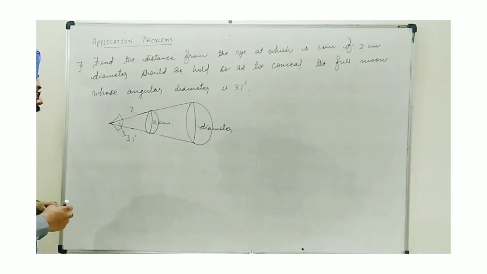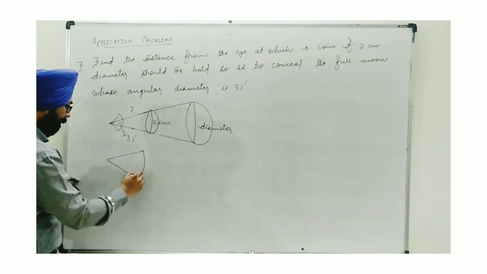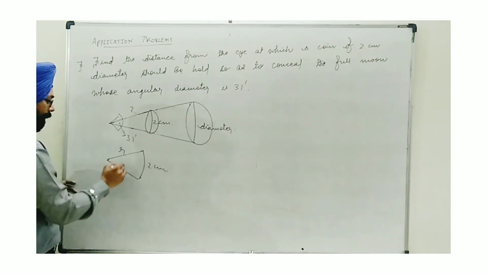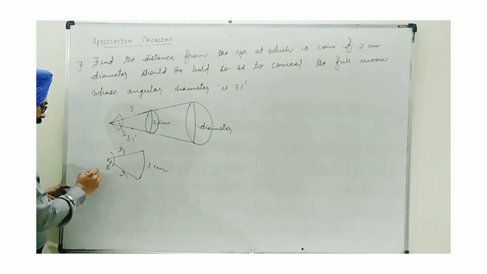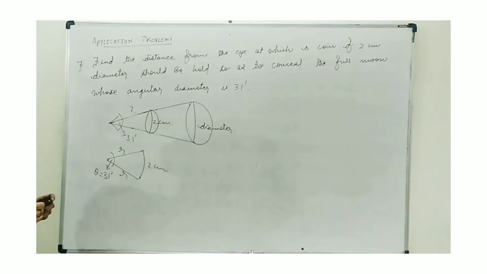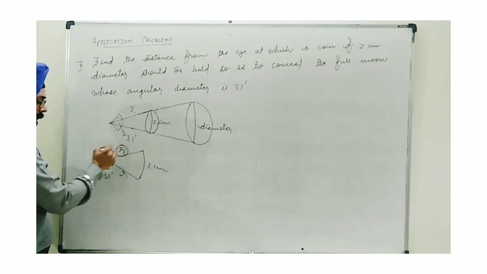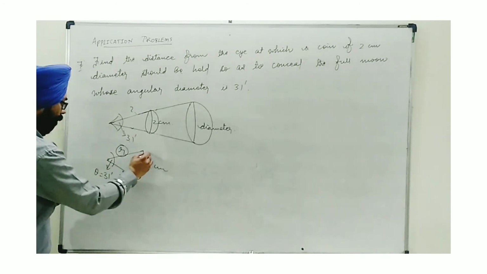This was the interpretation. So for this moment, what we are given, if I draw this separately, if I consider this to be the diameter, it is 2 centimeter. This distance we need, obviously in the figure this will play the role of the radius of the circle, and this angle, this is theta, which is 31 minutes. Also, as I am taking this diameter to be an arc, so here this distance will be the radius, don't forget. So we basically need this arc, and this is the value of L.